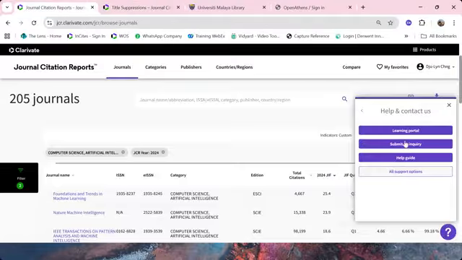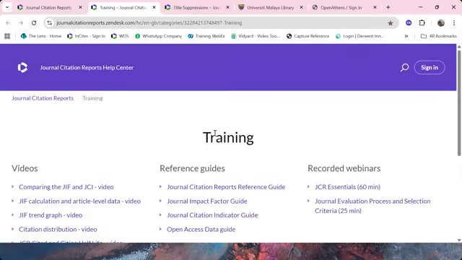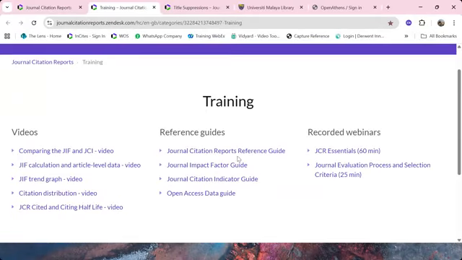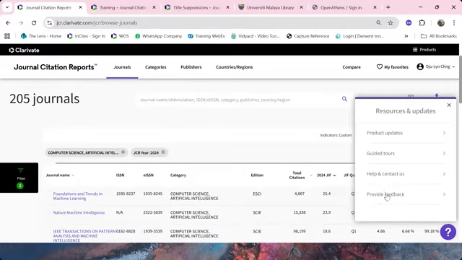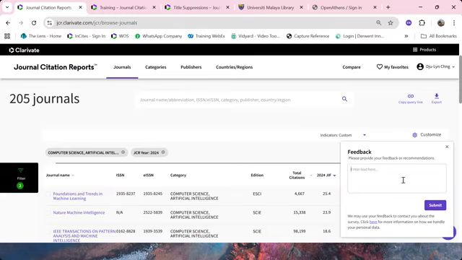On our resource center, there is a link to our learning portal as well. Here, you can get our reference guides and videos and so on. If you have any suggestions for our team, feel free to provide feedback through this same link on the resource center. It's just a quick text box. Just type it in and then submit.